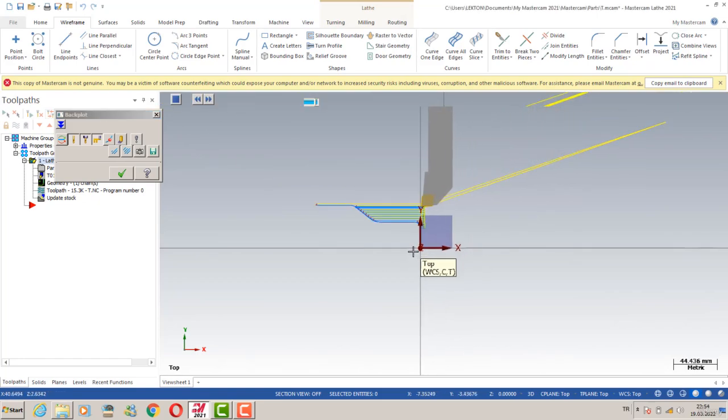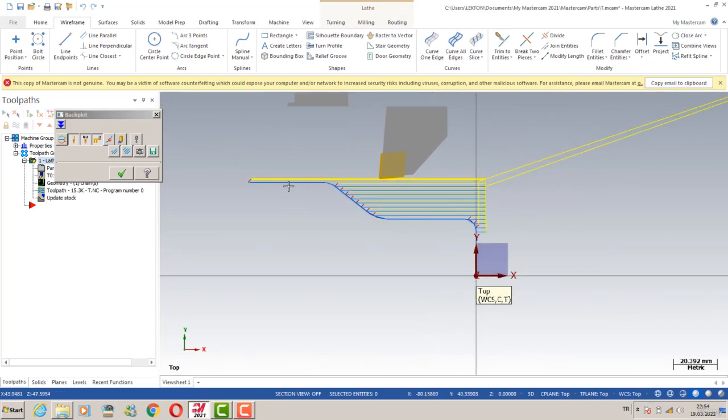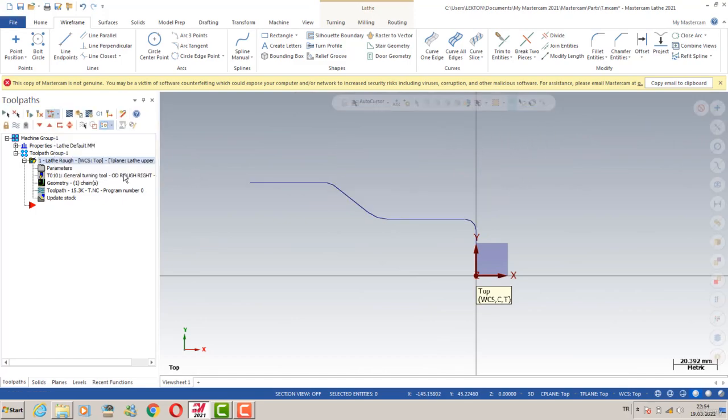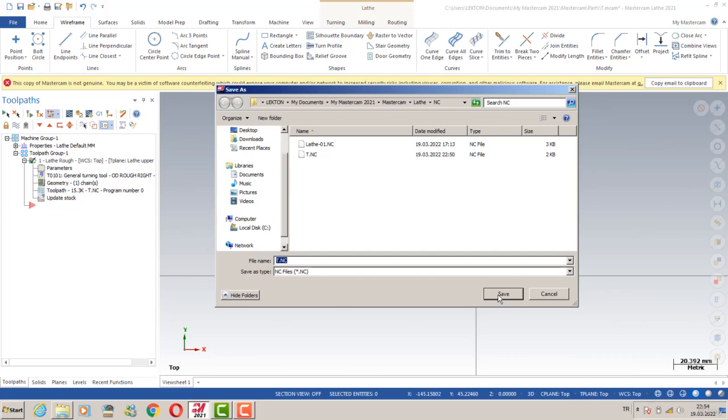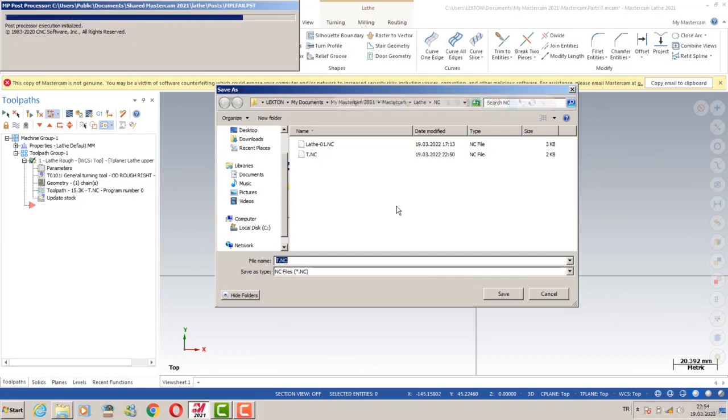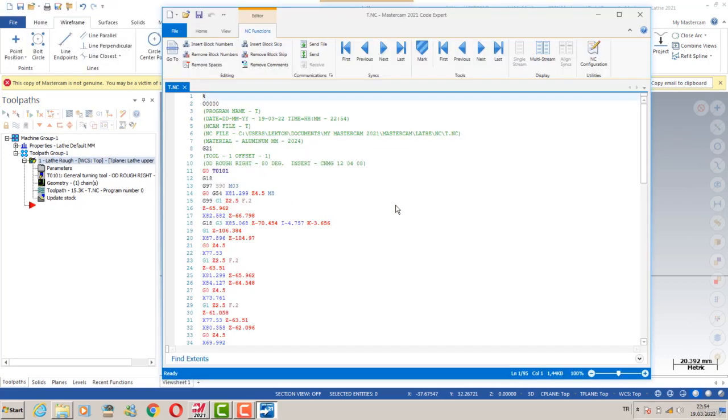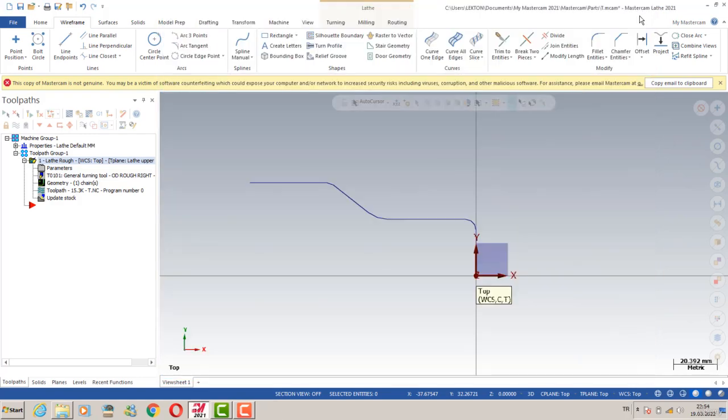You can also simulate your program. After that, if everything seems fine, you can turn to the G1 button to get your G code. Okay, that's it. You just need to send that code to your CNC. If you would like to, you can use that editor to send your G code to your CNC. Okay, this is the Mastercam design process.